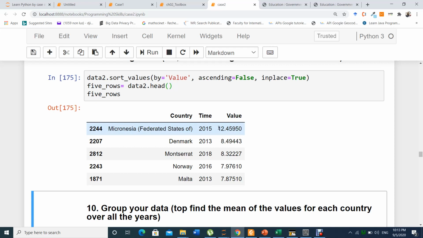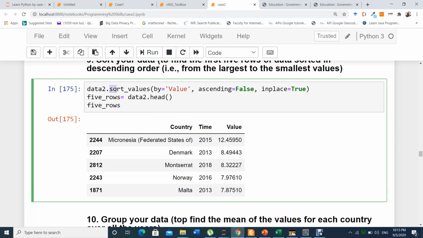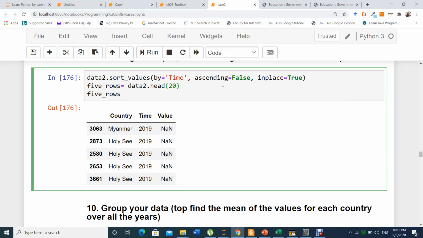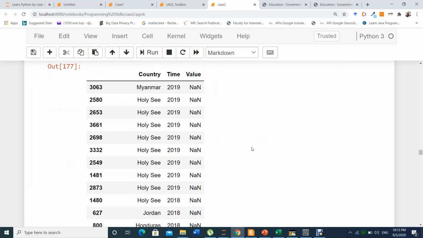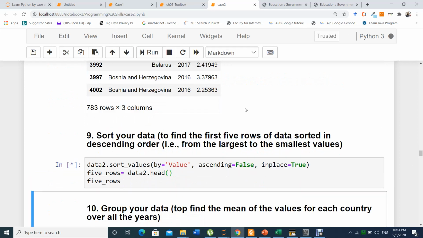So we run it from the highest value to the lowest. From here we learn this function, sort values. Which value are we going to sort? Values, like time. I can also tell you, like time. From time now, from 19, because 19 there is no value. This one is a non-value. For example, if I take 2010, 2020, you see, from 19 to 18. But you want to sort it in the values.